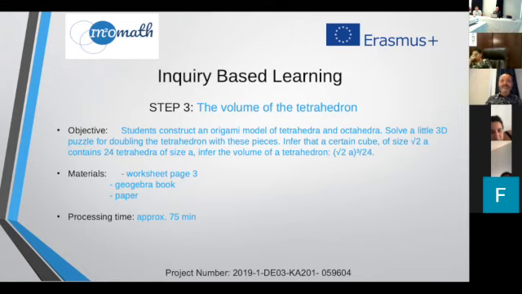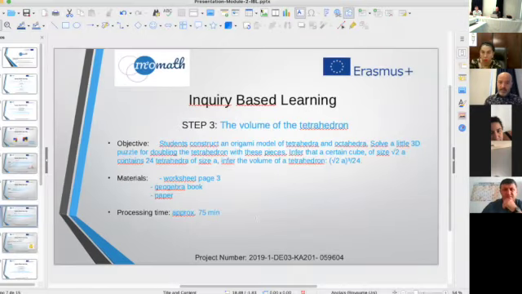All right, so it's the volume of the tetrahedron. That's an origami activity, where you have a worksheet to help you fold paper and construct paper tetrahedra and octahedra. So maybe we can do the tetrahedron and octahedron together if you feel like it. So I am going to share this